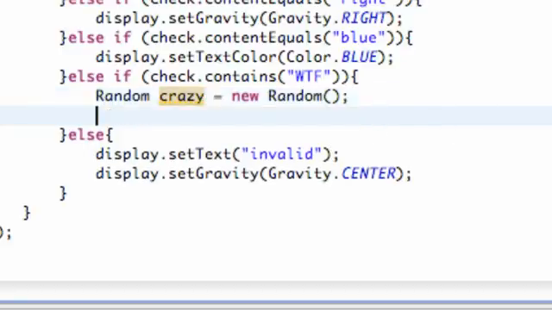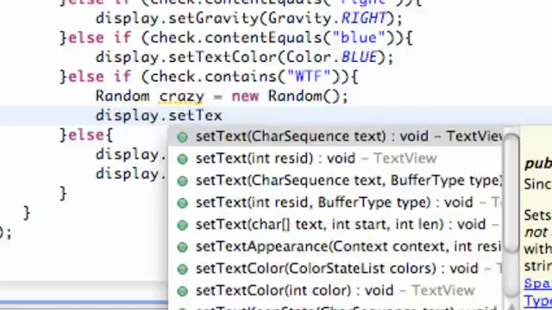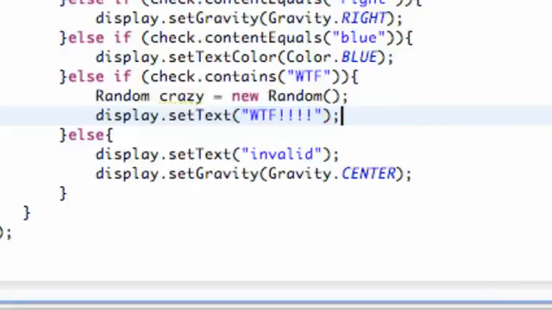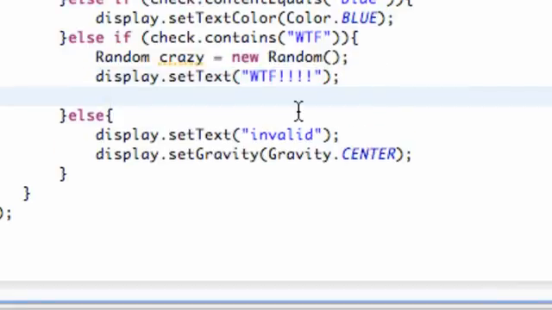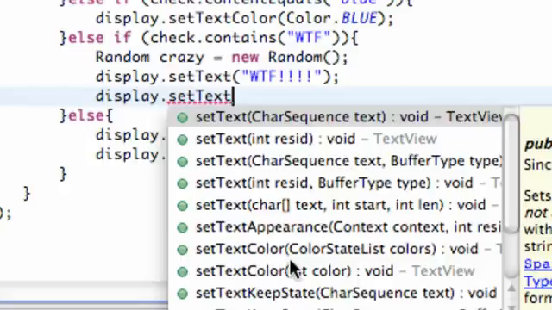So now what we're going to do is define some methods within this WTF, where's the fridge. Again, we're just going to set the text to WTF, something like that. Next thing we want to do is maybe change the text size. So again we can say display dot set text size,